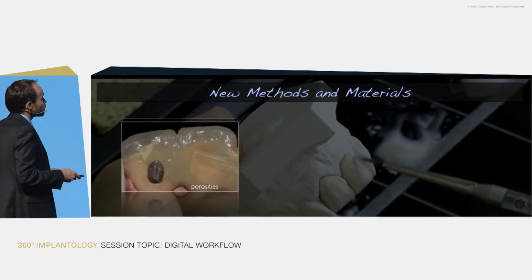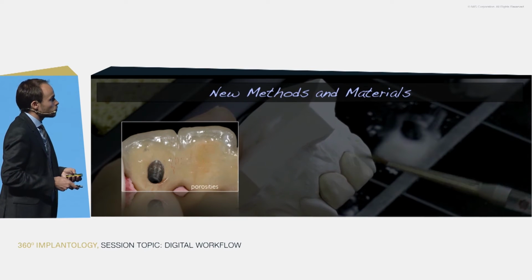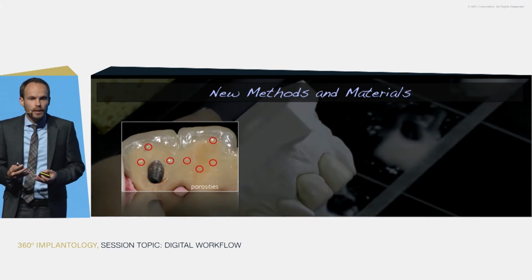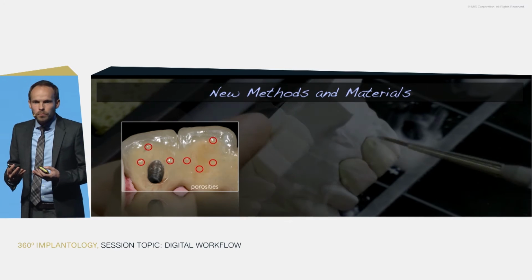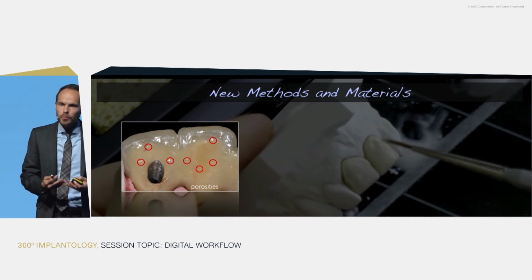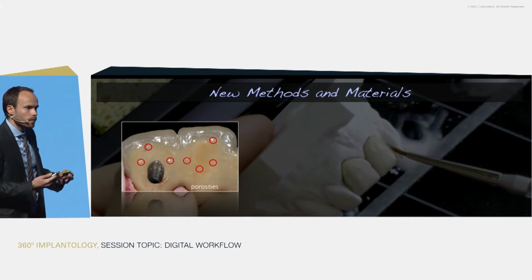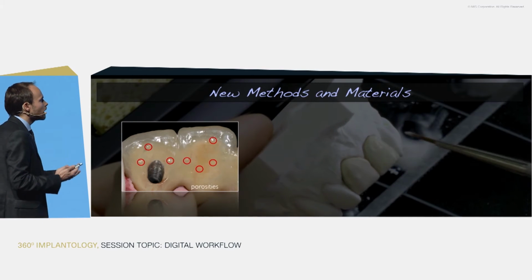The problem with all of this is we are creating porosities. We have no chance to come up with something that is industrially produced. It's just something manually done within a lab with all the needs and with all the energy that we can